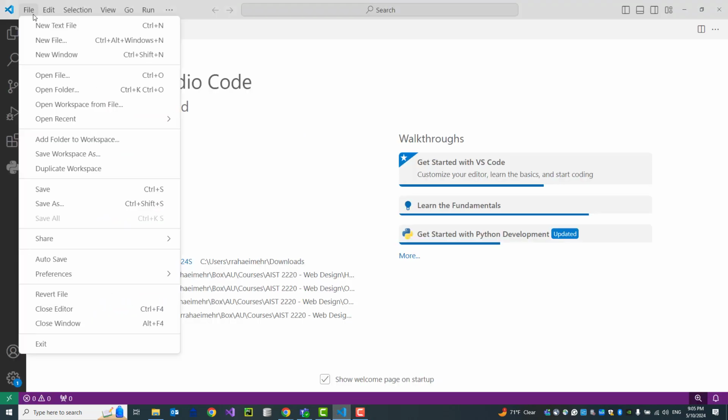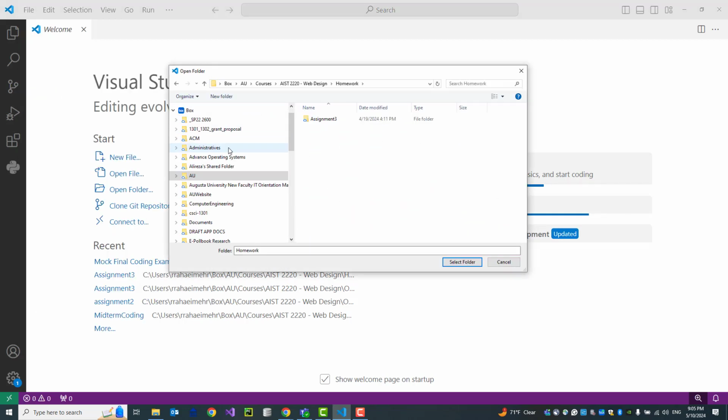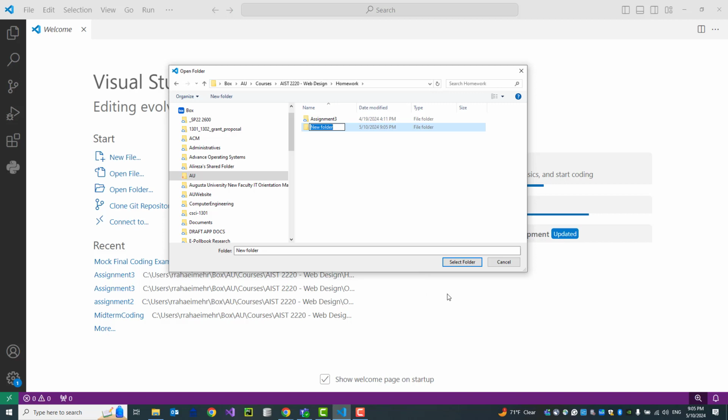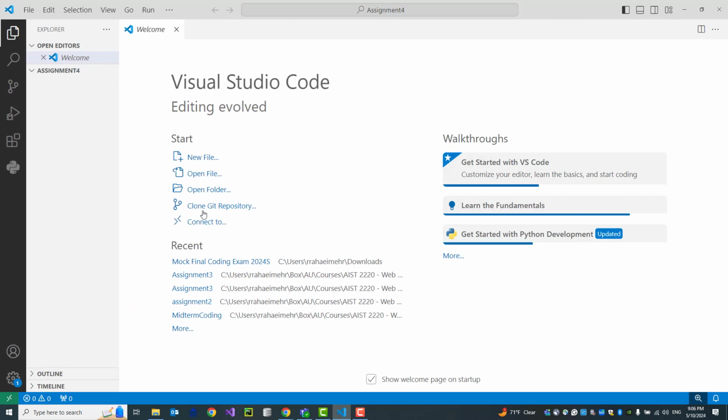I open Visual Studio Code. From the File menu, I open a folder. Assume I want to store the HTML files and CSS files here in the folder assignment 4. I create a new folder and then select the folder and open it. So to create our first HTML page, I click on the new file button in the Explorer pane